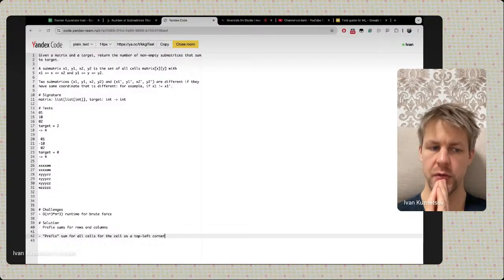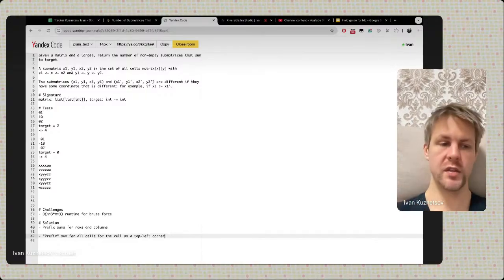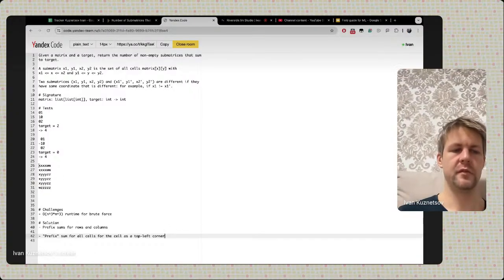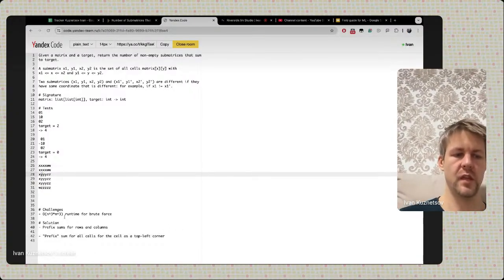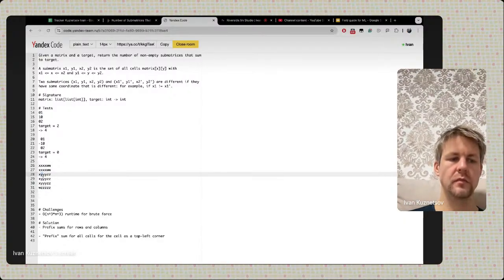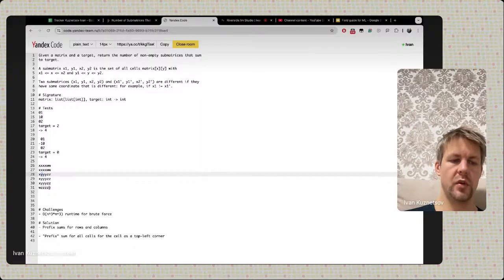So what I'm thinking about, can we also store complements in a dictionary? Like, can we store how many ways we have to get to some target? So let's say we have this corner, right? We know the total sum to the right and to the bottom. And there are all these matrices here. But for each of those corners, we basically need to choose the other corner, right? And then this other corner will create what? A combination where we